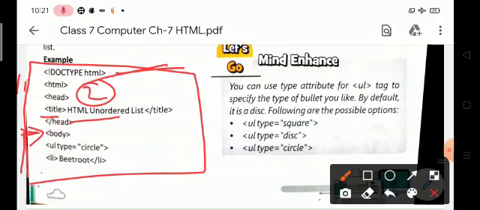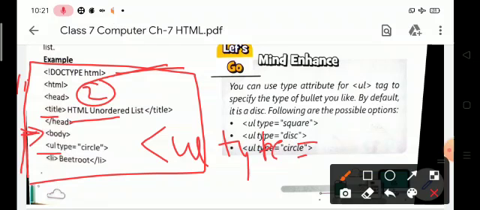So the first tag is the UL tag. UL means unordered list, so we write UL, type is circle.